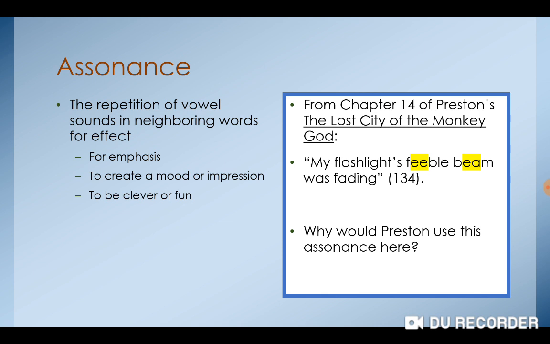I think that the use of assonance there, the repetition of the E sound, really emphasizes how dumb you would have to be to go into this jungle with some kind of crank-up flashlight. And again, why would he leave the group and go off by himself? Woody told them not to do that. And then of course, the first night he does it, and of course encounters a fer-de-lance and is almost killed. So in setting up that scene, he uses different strategies to emphasize that. Here you've got feeble and you've got beam, because Preston was really foolish to do this, and that really emphasizes it.